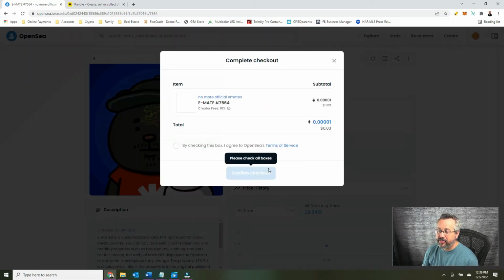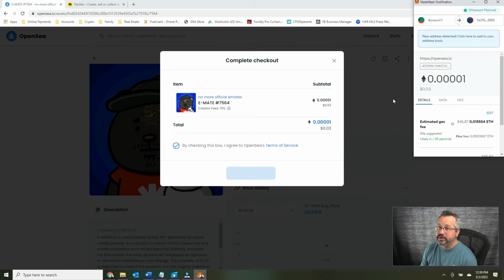When I click that buy now option, it's going to bring up this sale page here. I'll confirm by checking this box that I agree to OpenSea's terms of service and confirm checkout. Once I click the confirm checkout button, it's going to take me into MetaMask for me to approve that checkout. So you'll see here MetaMask pops up after I click that button, and it's going to tell me what the